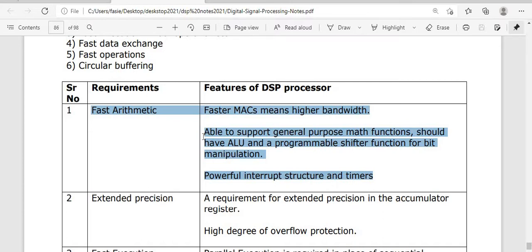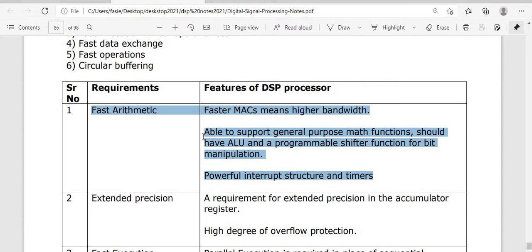You are going to see in detail about it in your microprocessor classes, how we perform bit manipulation. That means how we shift left, right, how we find one's complement, two's complement, how we perform any kind of operation on our bits. Clear? That is also going to be done by our processor. So these are the fast arithmetic operations.